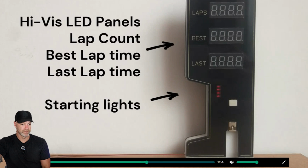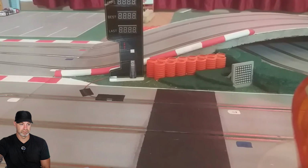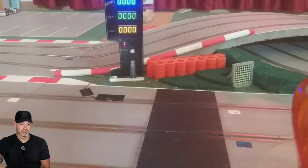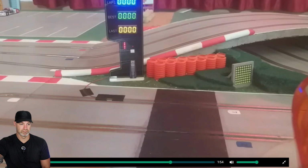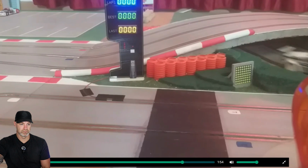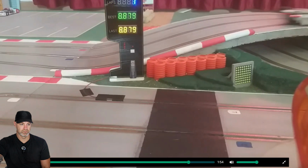Installed one per lane. It has starting lights and three high visibility LED panels that independently display the number of laps, best lap time, and last lap time. The reading system for each car is based on a dead strip setup, two simple wires that, when contacted by the car's brushes, pass the signal to the system. The main advantages of this system are that it does not require calibration, it does not generate false readings, and it does not skip readings. All of them very common situations in my...